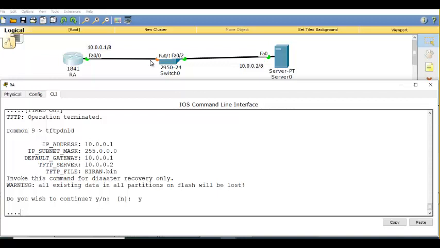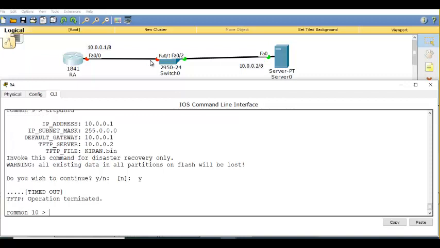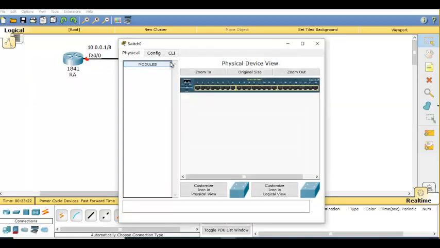If I had connected directly to the server, I would not have faced this problem. Switch is taking a long time to come up. So no problem. There is one way in which the switch will not take this long.